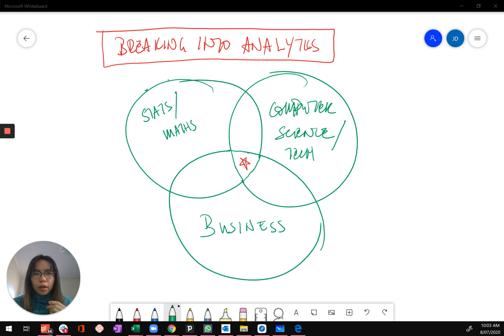I thought I'd give you some examples of, say, if you were a data analyst and you didn't move out of those quadrants, why you would be less effective in the role as a result. So I might just start at the top left. So say you were a math stats person and you sort of just stayed in math stats and didn't really want to learn about the other two.